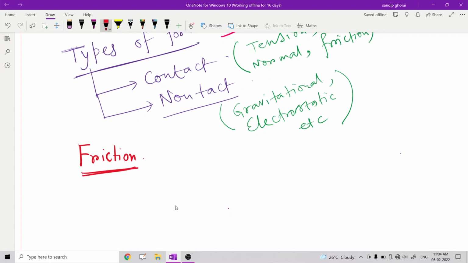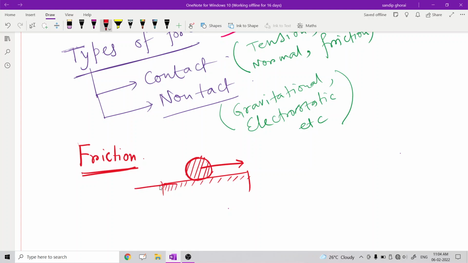Friction force means when one body moves or tries to move on another body, for example if you take a rough surface, such as a table, and an object on it, and you apply a force and the body moves in any direction or tries to move. In this case friction force arises between two surfaces, the below surface and the above surface, and this force always acts in the opposite direction